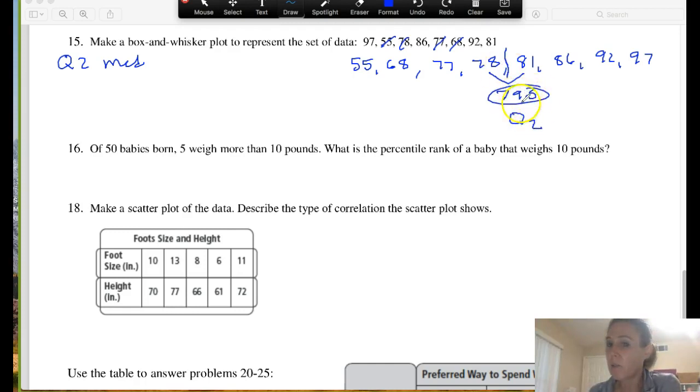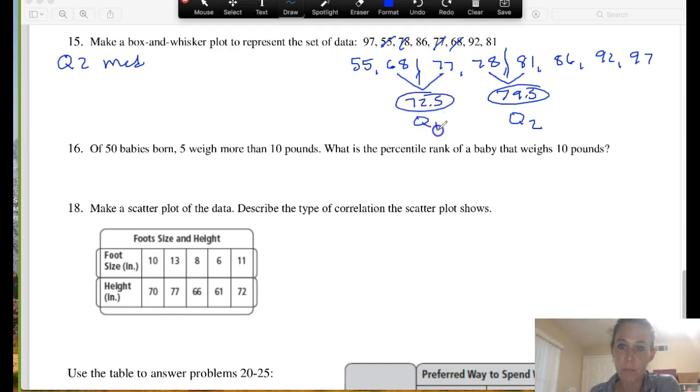Now, we're not going to include that median, but we are going to include this point. So here's the whole lower half. I just don't include the median. There are 4 data points. So my middle, or my median of the lower half, would be an average of these two. So add these together, divide by 2, and you should get 72.5. That's your